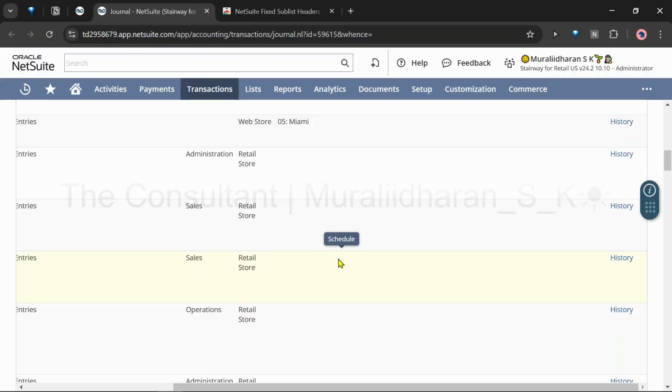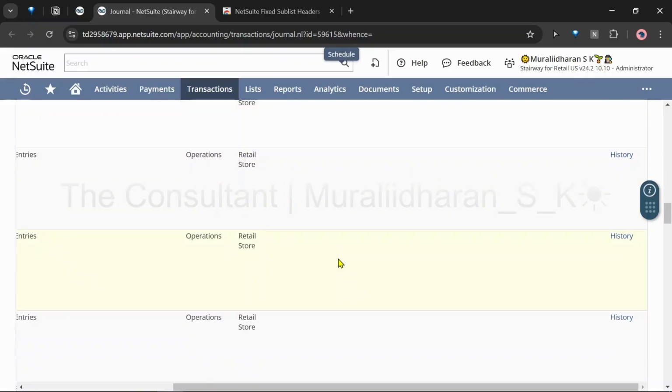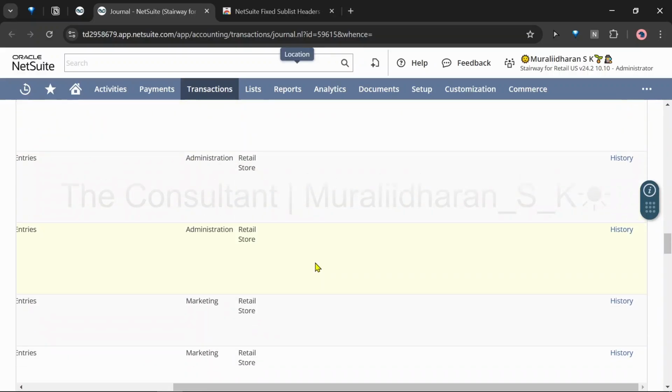But essentially, what this extension does is when you scroll the long list of lines, it will help you identify what the header is for this particular sublist. And of course, as you can see, when I hover my mouse over this particular sublist,